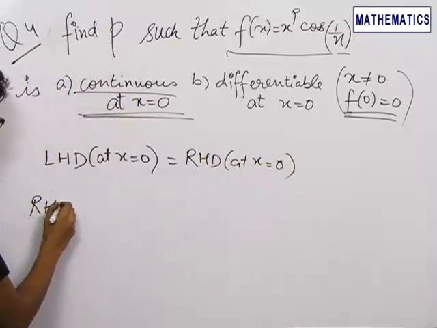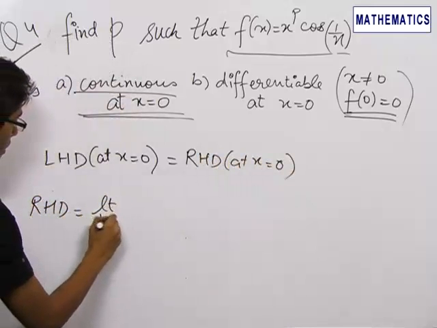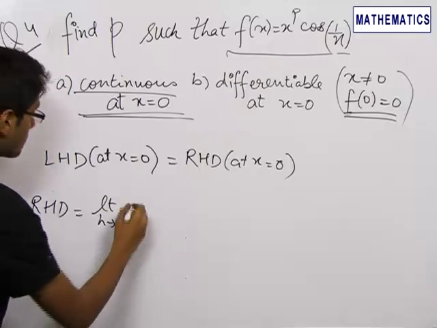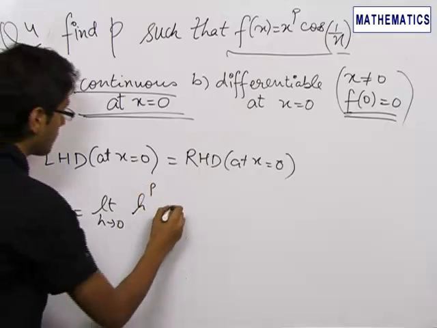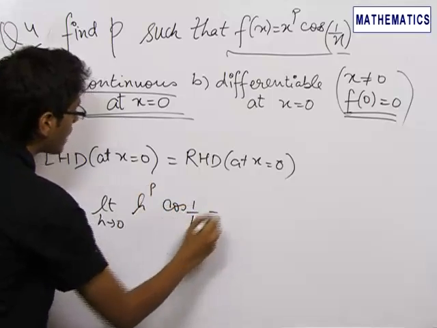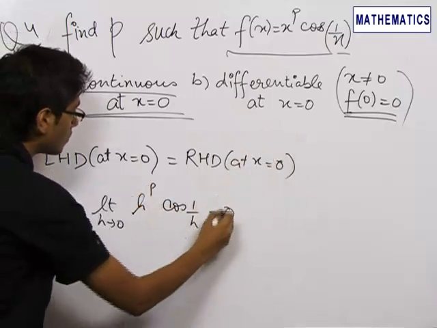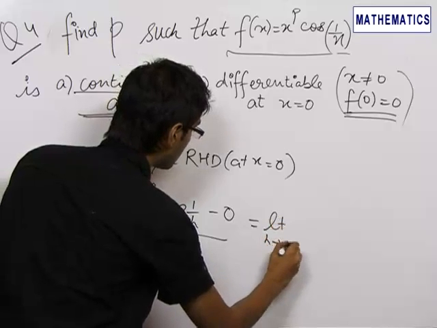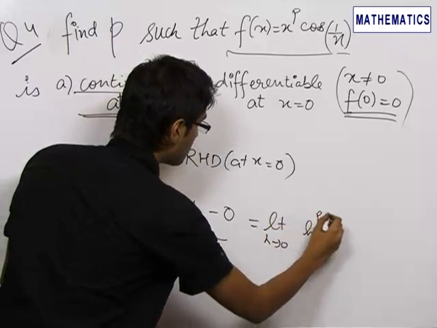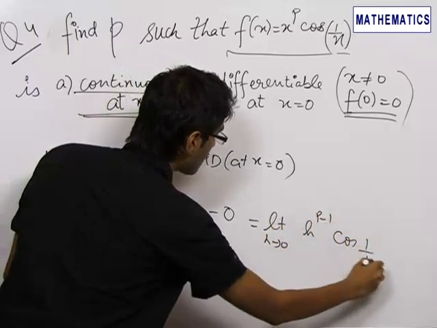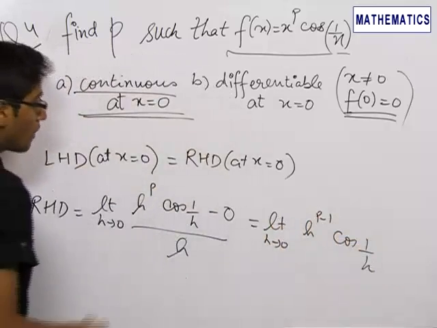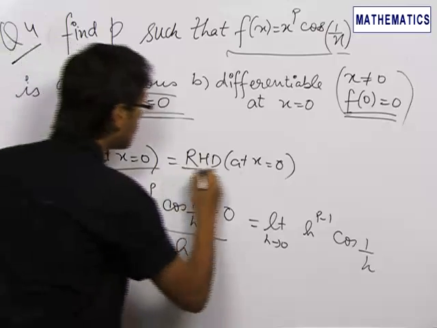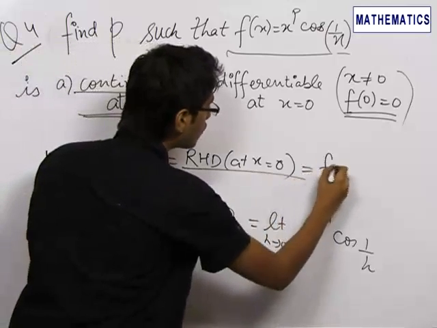The right hand derivative becomes limit h tending to 0 of (f(0 + h) - f(0))/h, which is (h^p cos(1/h) - 0)/h. So this becomes equal to limit h tending to 0 of h^(p-1) cos(1/h). Now very clearly, for the left hand derivative to be equal to the right hand derivative, equal to a finite quantity,